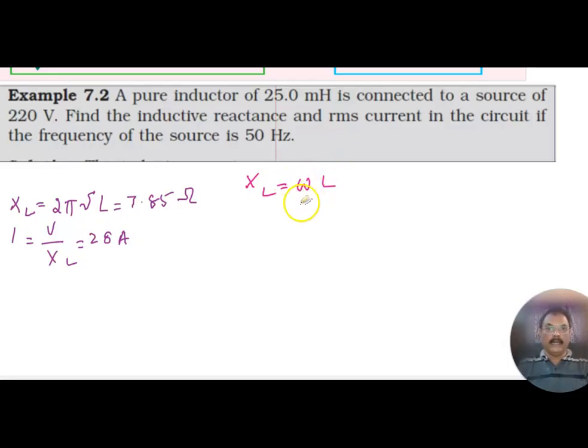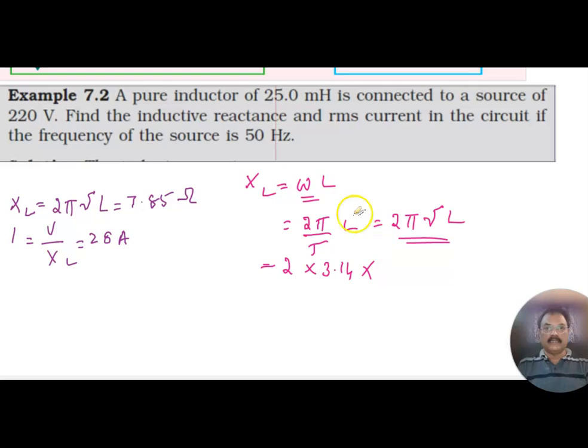omega L. Omega is angular frequency. Angular frequency is 2 pi by T, which can be written as 2 pi nu, since 1 by T is frequency, and L. T is not given, so we converted it into frequency. Once you know this formula, we can just substitute. What substitution do you have to do? 2 into 3.14 into frequency, which is given here as 50 hertz, and then